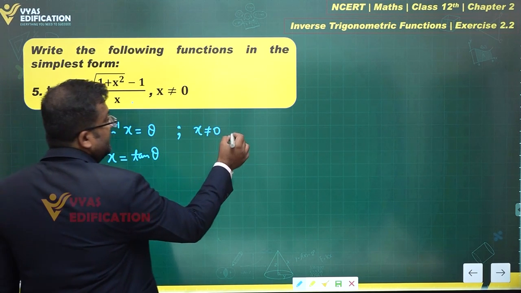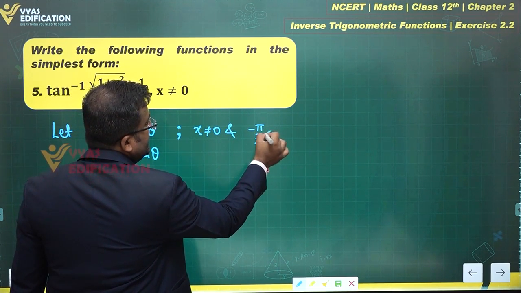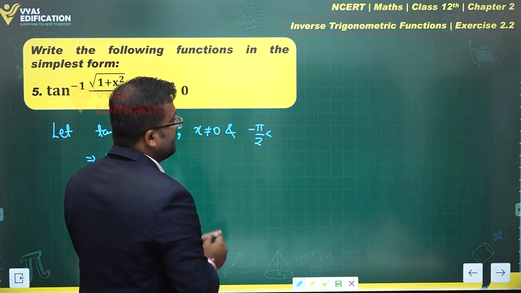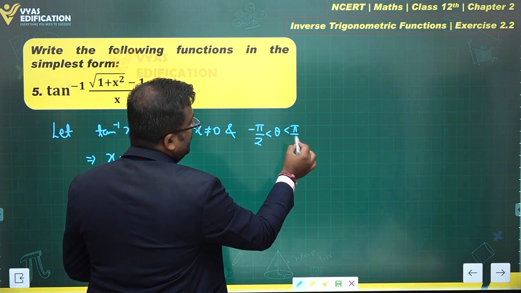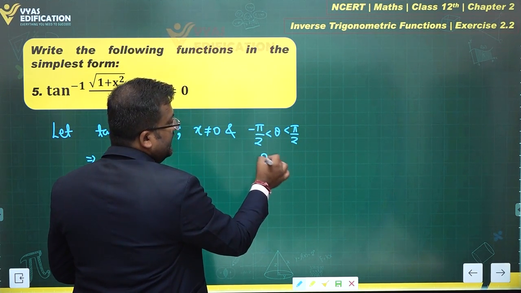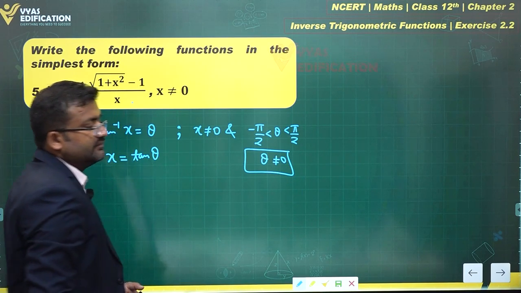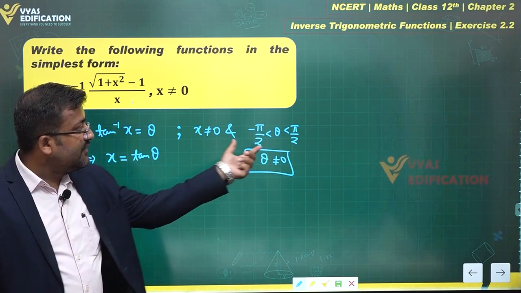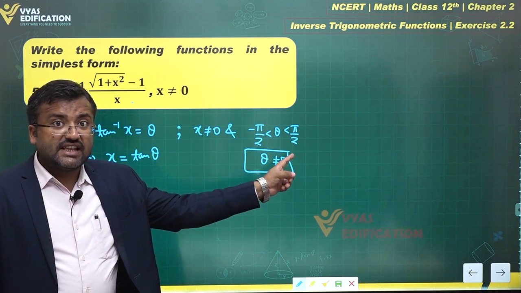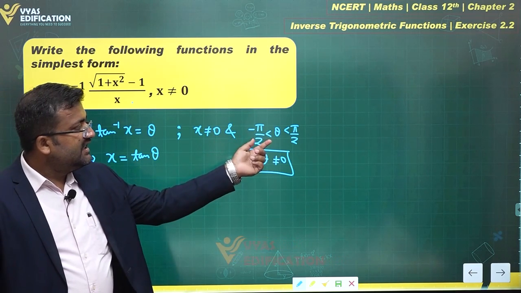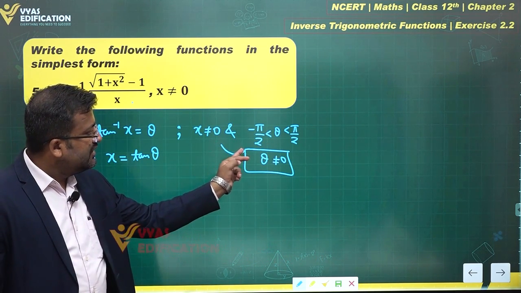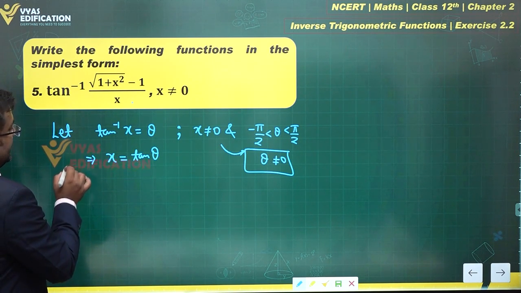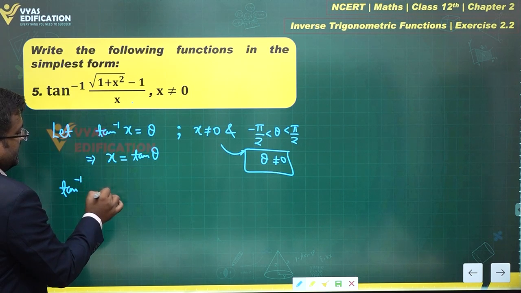Theta lies in some interval. Minus pi by 2 is less than theta is less than pi by 2, except for theta not equal to 0. With the help of this, you can note that the output of tan inverse x is from minus pi by 2 to pi by 2, open intervals, right? Therefore, theta lies in this interval. But theta is not equal to 0 based on this. That's okay. So once you have noted this, therefore, the expression tan inverse of under root of 1 plus